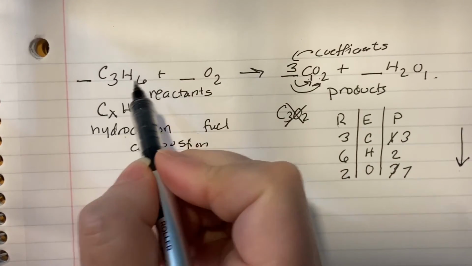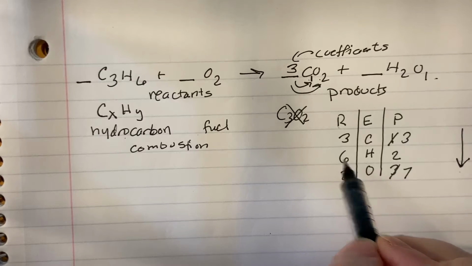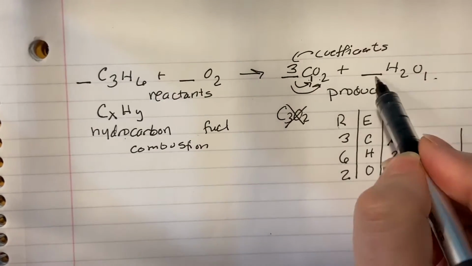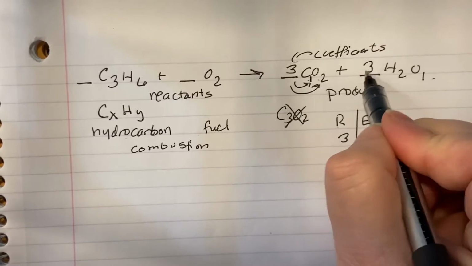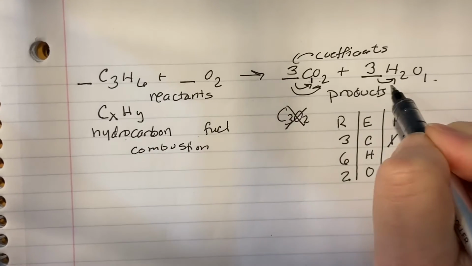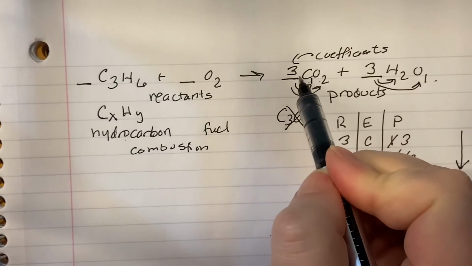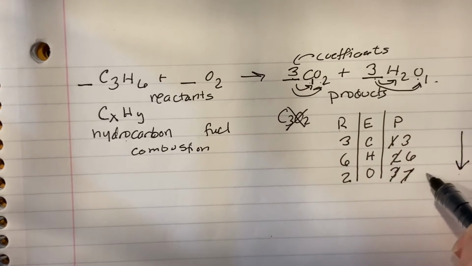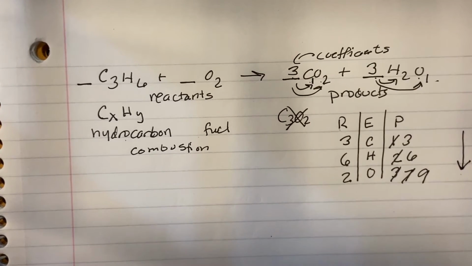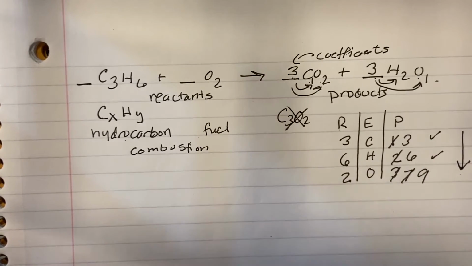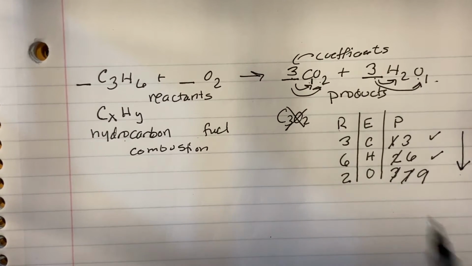Hydrogens, 6 on the left, so I have to get 6 on the right. What times 2 is 6? 3 times 2 is 6. And that affects my oxygens too. So now my oxygens are 3 times 2 is 6, plus 3 gives me 9. All right, so now my carbons are balanced, my hydrogens are balanced, and my oxygens are last because they are